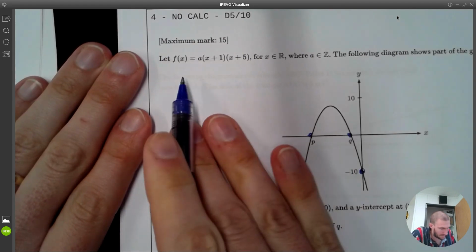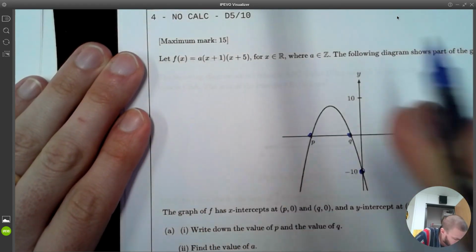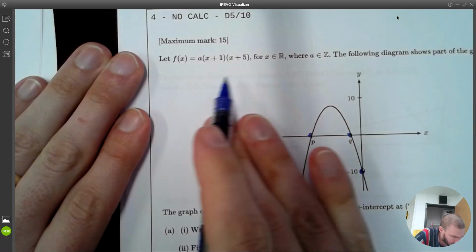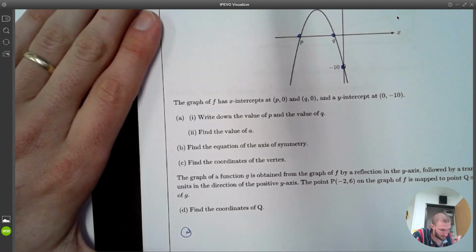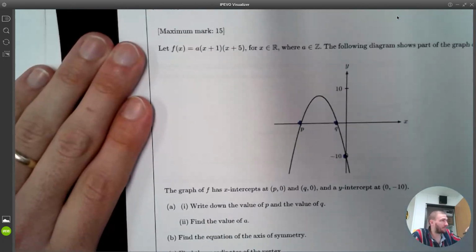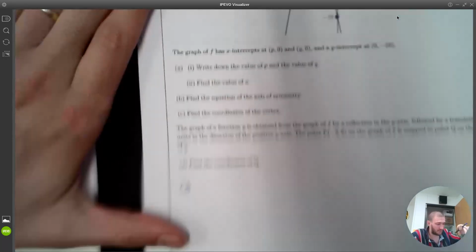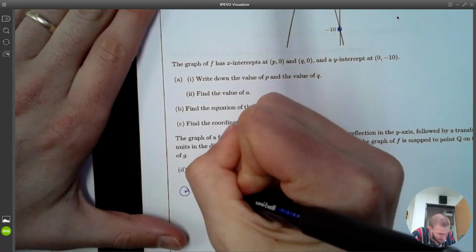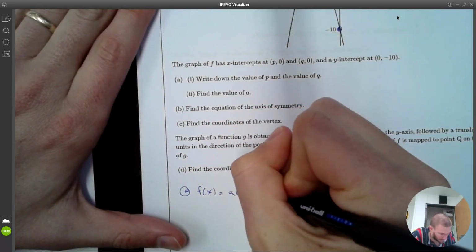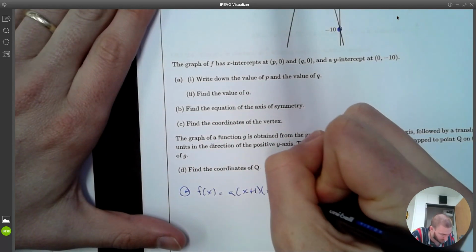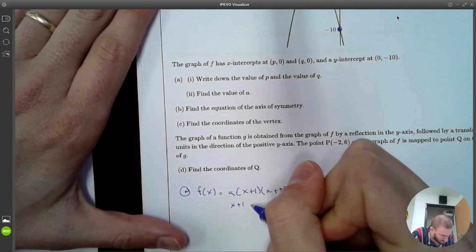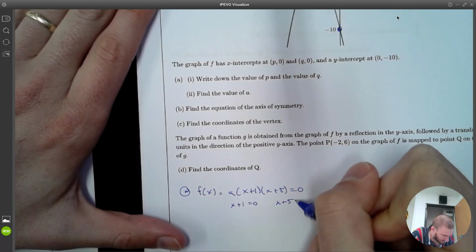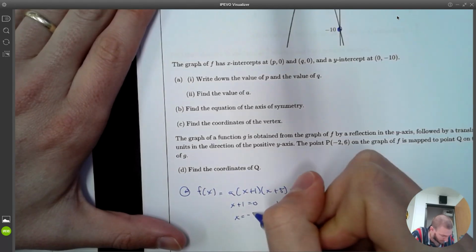Okay. Does it say anything about P or Q, one of them being bigger than the other one? No. Okay. This shouldn't be too hard. My intercepts are wherever f of x equals 0. So maybe I could set it up like f of x equals a, x plus 1, x plus 5 equals 0. Then I could solve this, x plus 1 equals 0, x plus 5 equals 0. But of course,